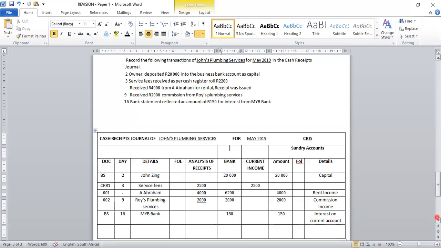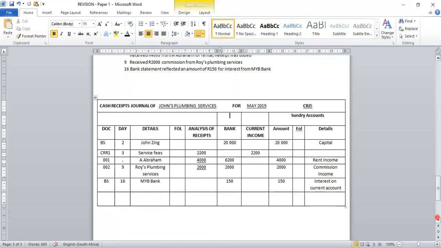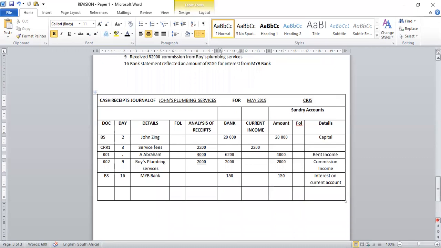So learners, we are not going to cast the CRJ, but very important that you practice more of recording the transaction in the CRJ. And I wish you all the best for your exam